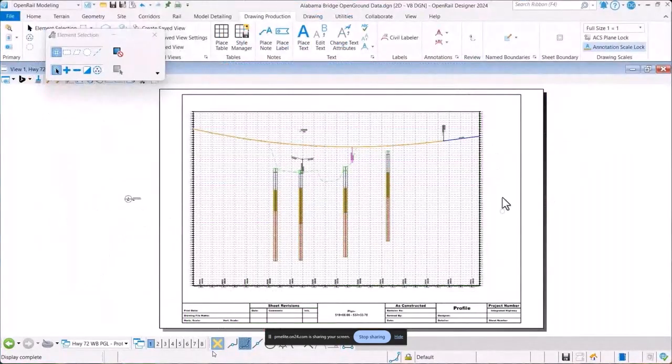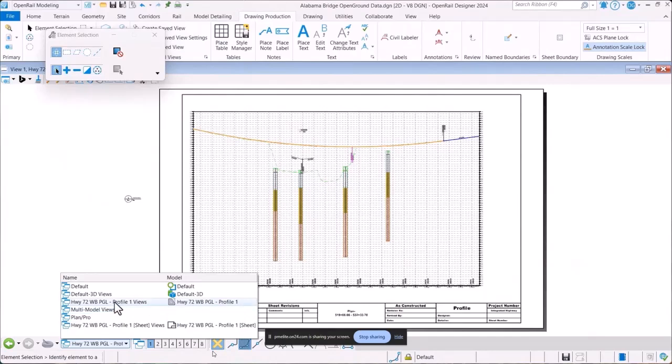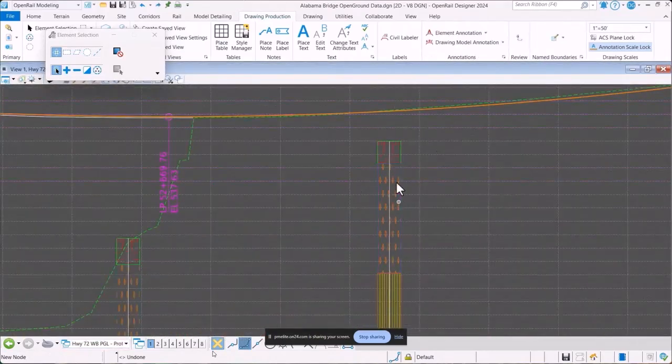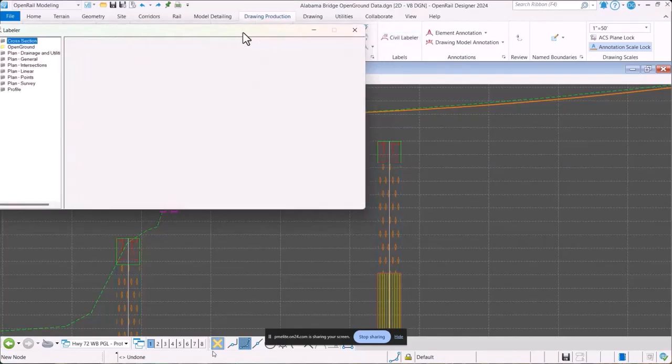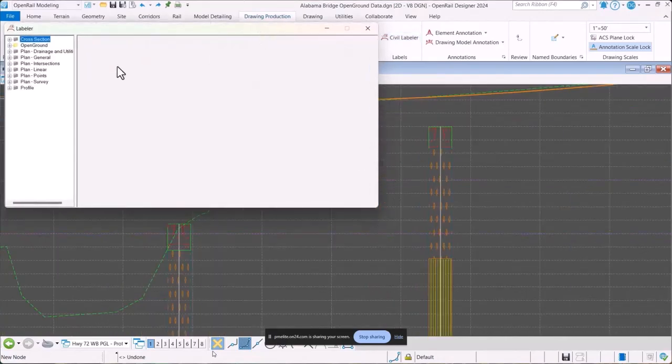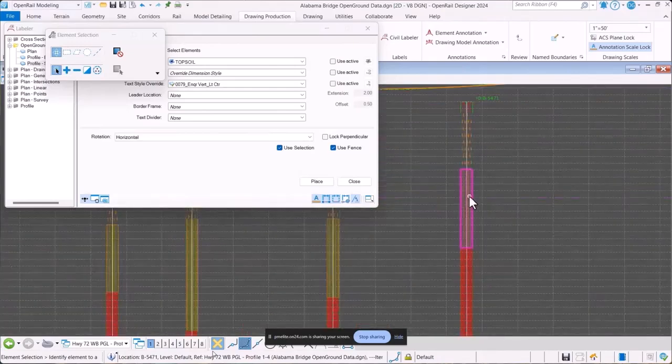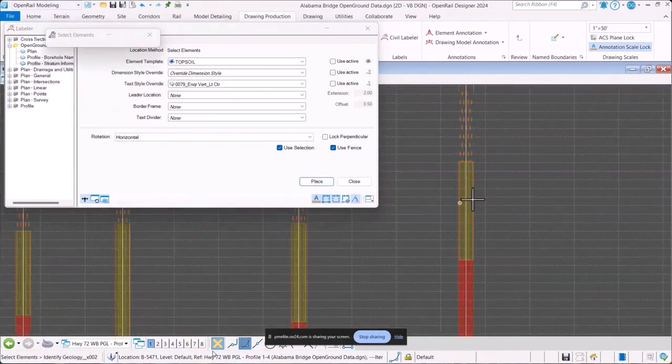So I'm sitting in my profile sheet that we just saw. And what I want to do here is go back over to my drawing model. So here's my drawing model. You can see my profiles here. Notice I've got the individual strata as well as that construction element that I can use to access properties. So I'm going to come in here and I want to label the boring ID. Now the boring ID is just a property of the